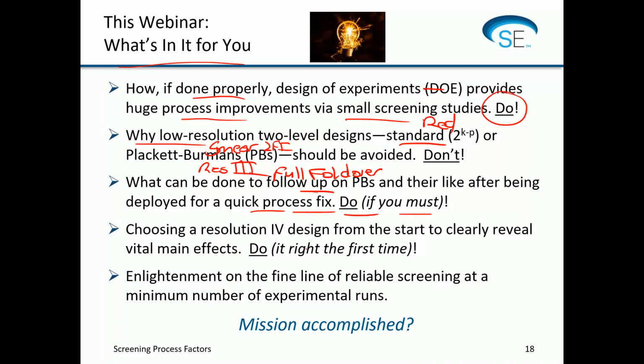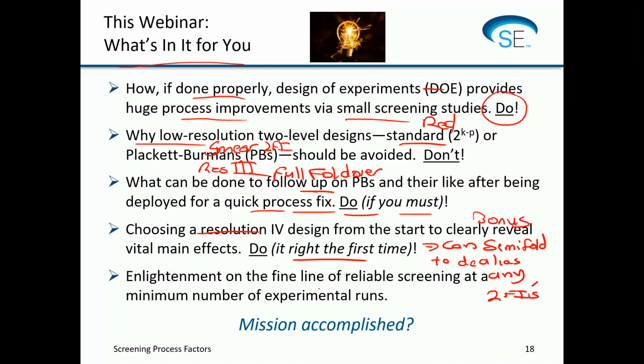And then, of course, doing it right the first time by choosing a resolution 4 design is really the way to go. And you can also semi-fold, which is better yet because it's only half the runs, to de-alias any 2 FIs. So that was kind of a bonus